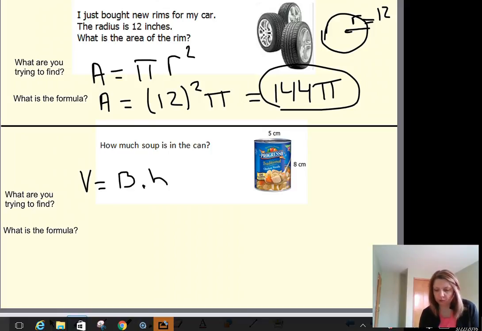Now again, in your formula sheet, you will see the fourth from the top will be, B is the area of the base, and H is the height, V will be the volume. So we know the H is 8 centimeters. We need to calculate the base. Well, the base of this can will be the circle. So we have one circle here and another one on the top. And then we have the